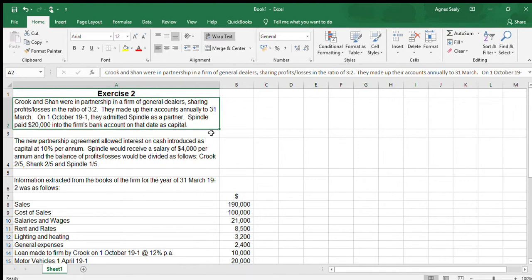Hi, good afternoon. I'll be doing a series of videos on accounting, and I'm going to be looking at the topic of changes in partnerships. I am going to look at a partnership change by way of an example question, and this question was taken from